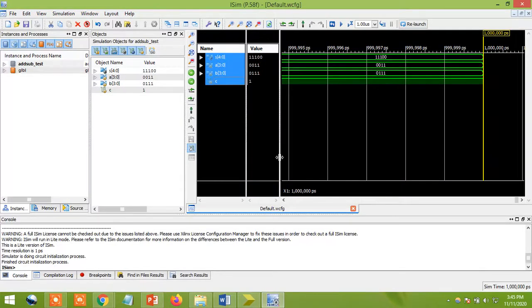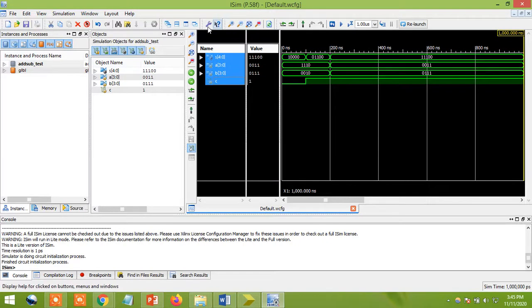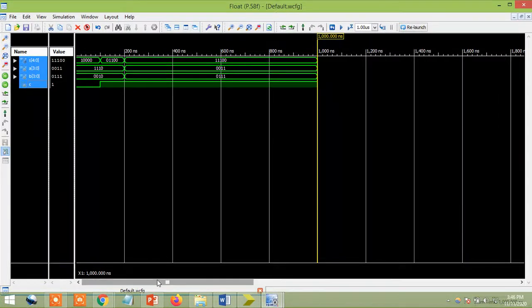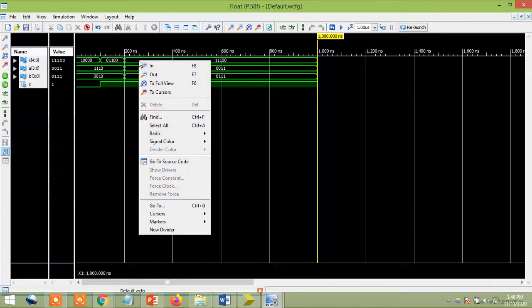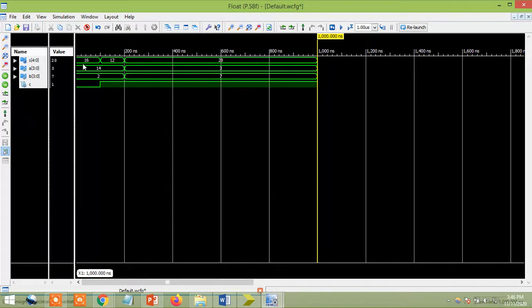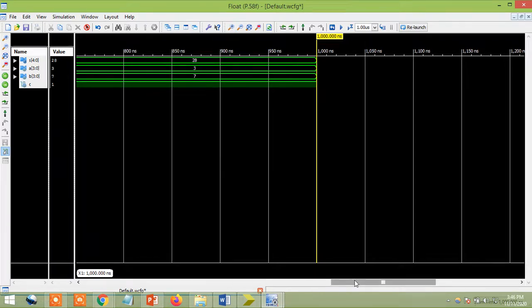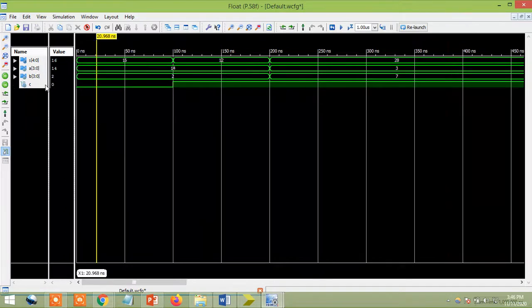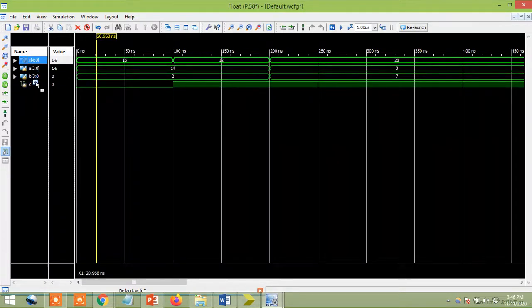Okay, so next just check it out. Once you get this window, just zoom in. Next, take that window, float window. Okay, now just check the conditions. If you want a clear explanation, I'll take the radix to decimal. Yes, you can see that I have taken 16 and 12. What did I give? So you want a clear explanation? So just take yes here at the end.